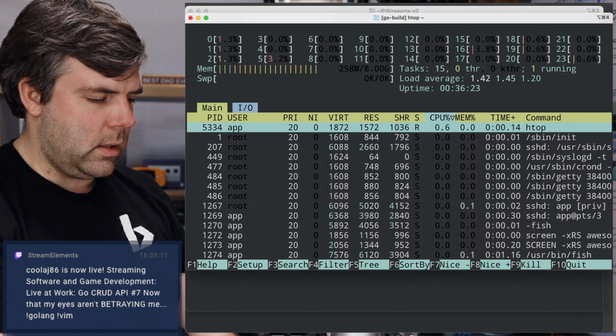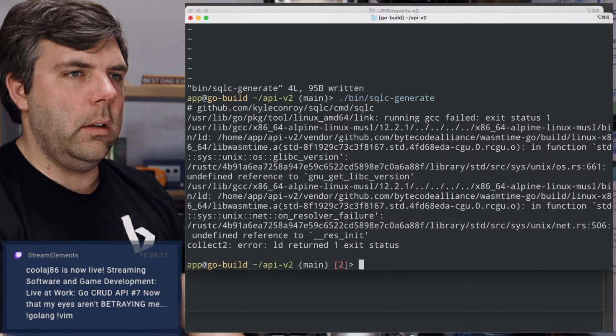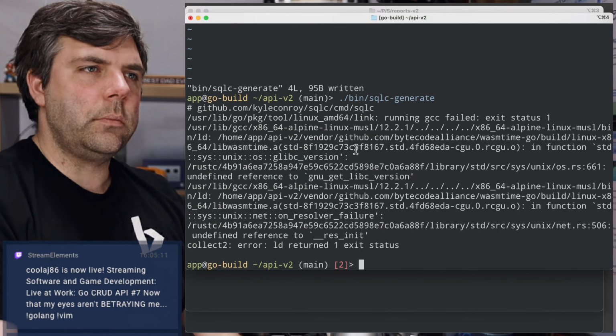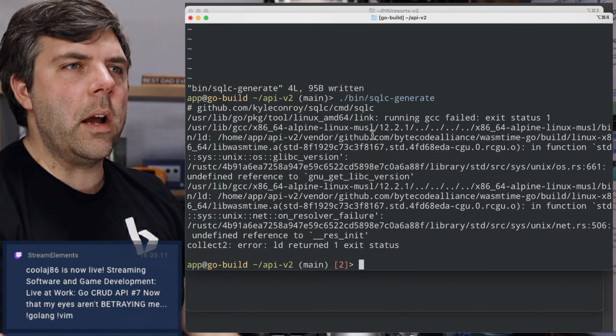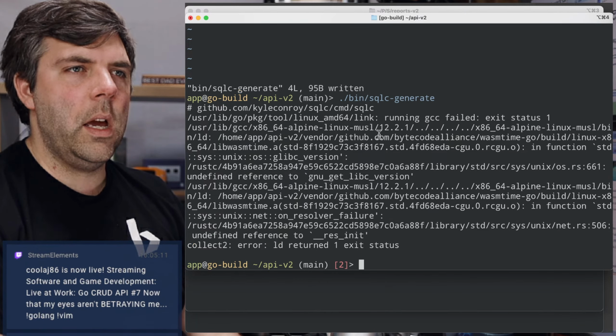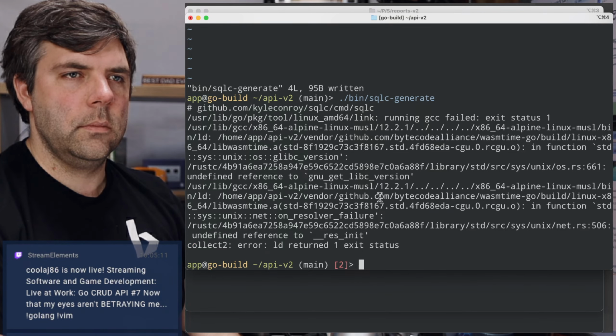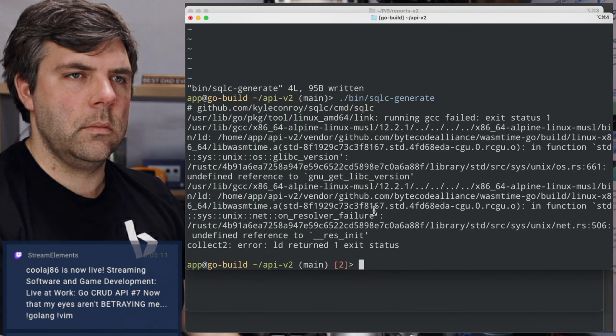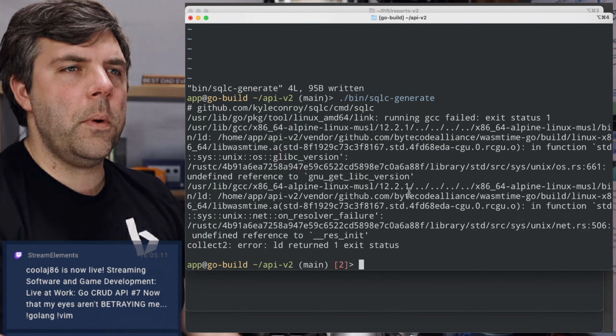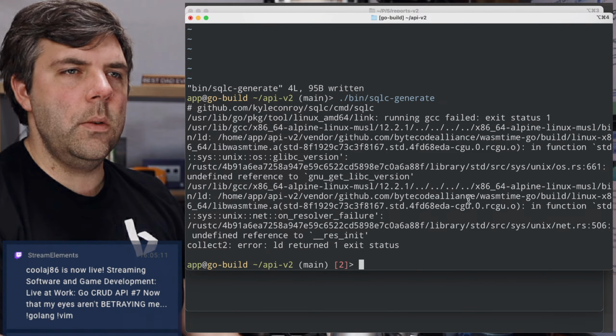I built this VPS for this moment. Okay, this is not going to work. I should have anticipated this. And the worst part is that this is something that I'm not even using.